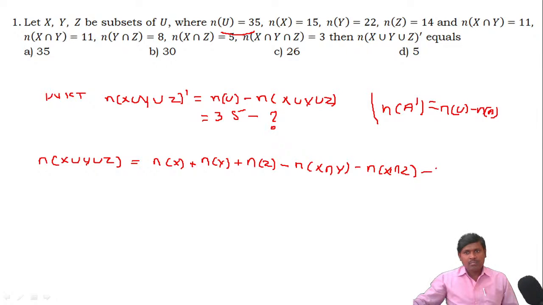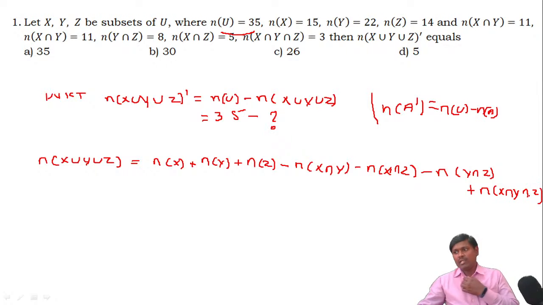minus n of Y intersection Z plus n of X intersection Y intersection Z. Okay, so this is the formula. So we have to find the value of n of X union Y union Z. Already by the given data, n of X is nothing but